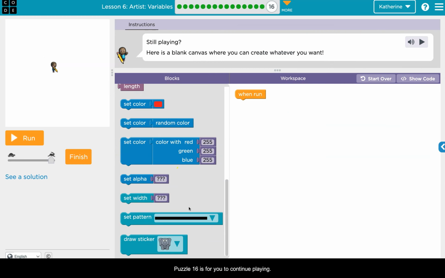Puzzle 16 is for you to continue playing. Feel free to copy-paste some of the code over to this puzzle and then edit it for more fun. Add some color changes, or stamping of stickers, or make the lines fun patterns. And when you're done playing, press